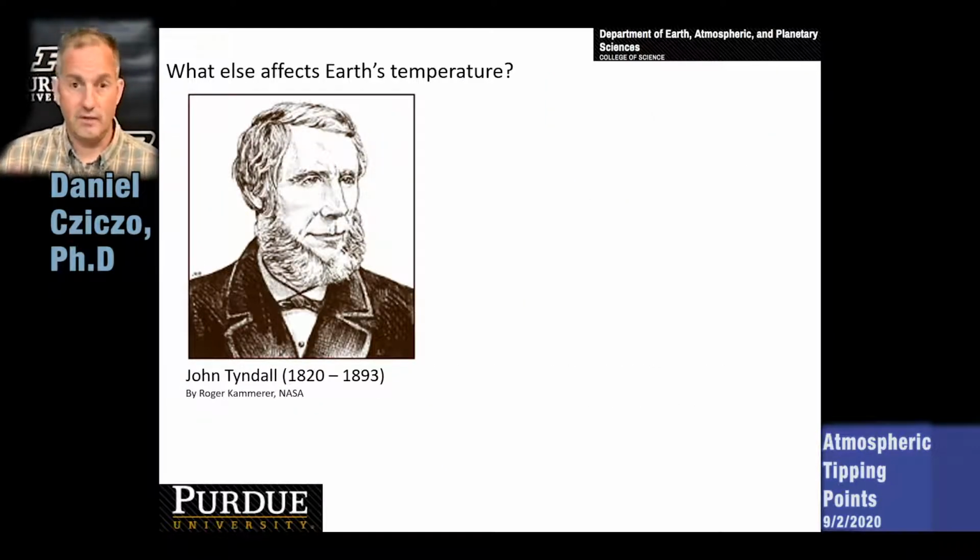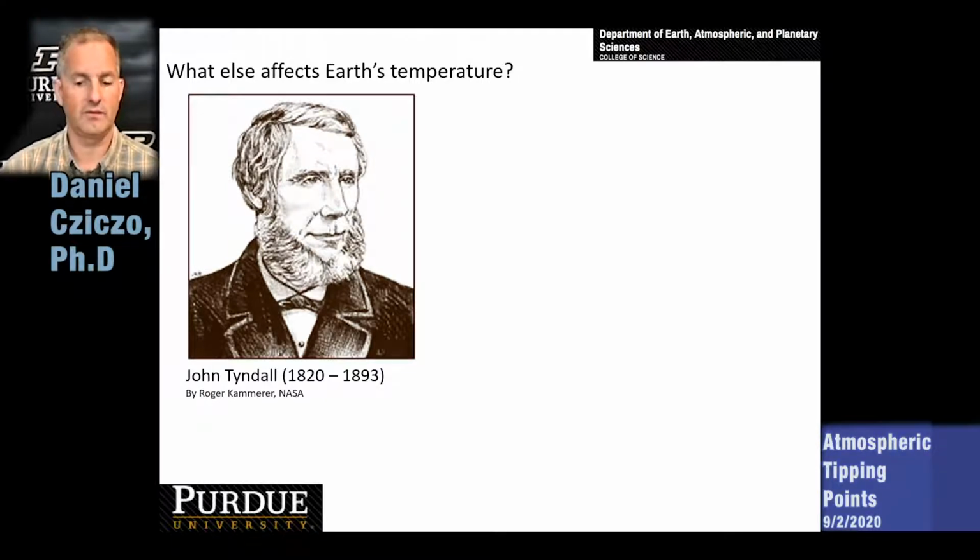That temperature rise can't be explained by the Milankovitch cycles. It's not due to the orbit of the Earth. It's not due to something like a change in the output of the sun's energy, this solar insolation. So we have to ask ourselves, what are the other things that can affect Earth's temperature? And we've actually known about the things that can affect Earth's temperature other than those orbital mechanics for even over 100 years, longer than Milankovitch.